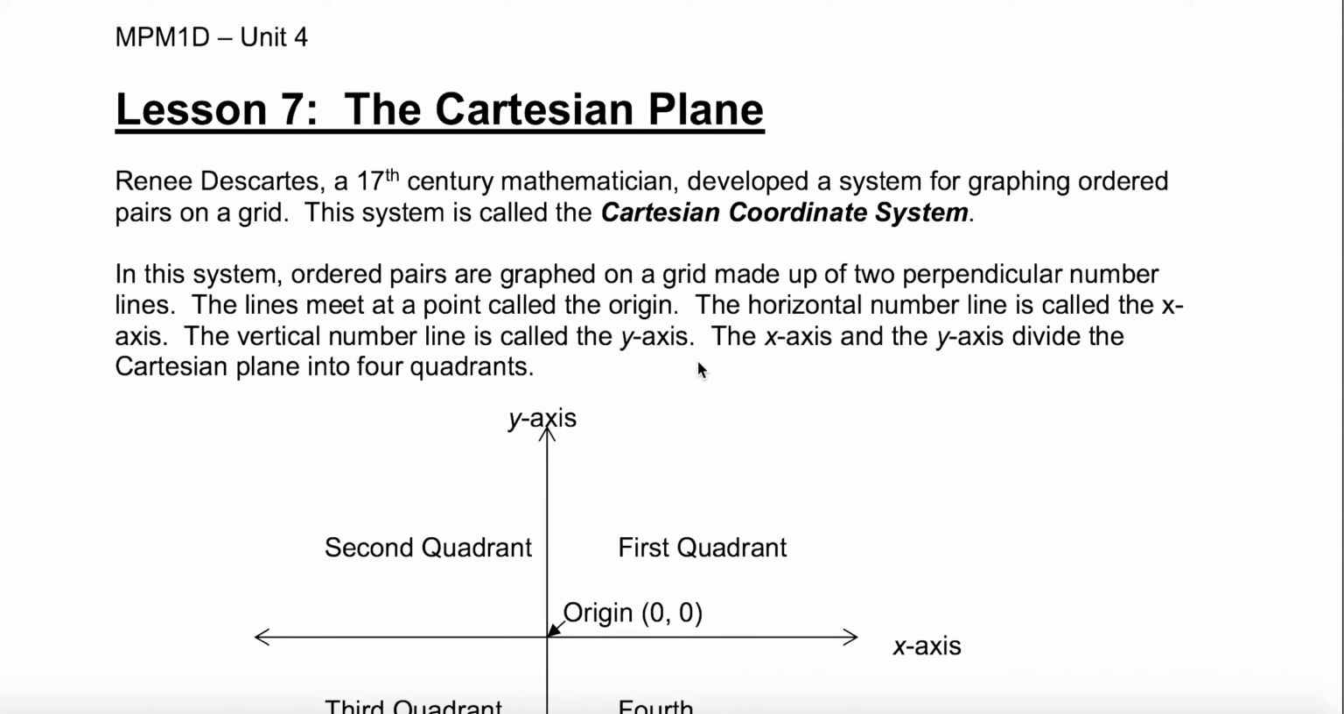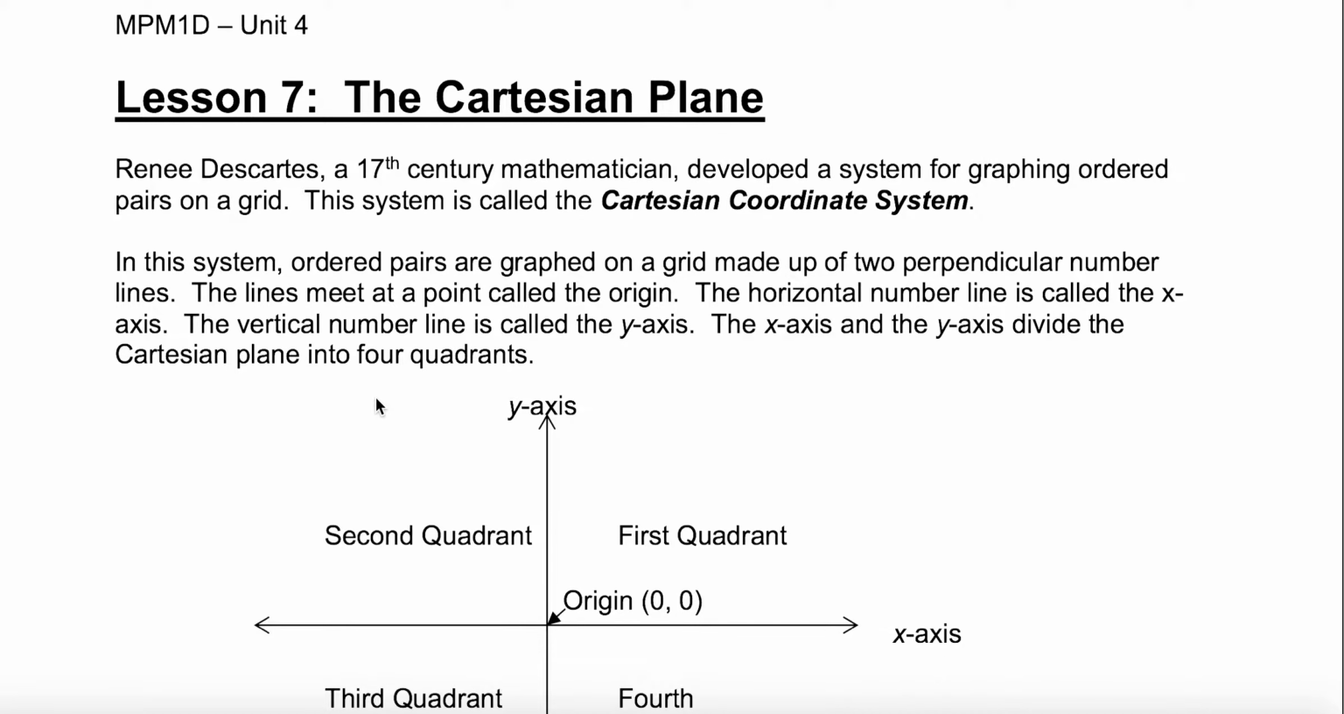Question 7 is on the Cartesian plane. So this is probably a review for you. René Descartes, a 17th century mathematician, developed a system for graphing ordered pairs on a grid. So the system is called the Cartesian coordinate system. So even if your teacher in the past didn't call it a Cartesian plane, all we're talking about today is